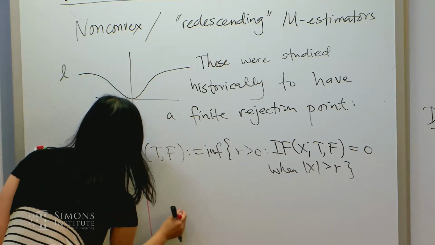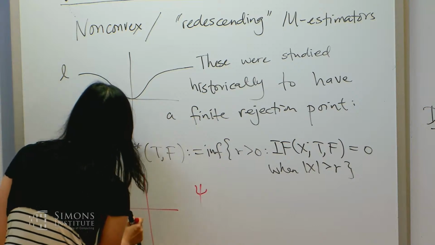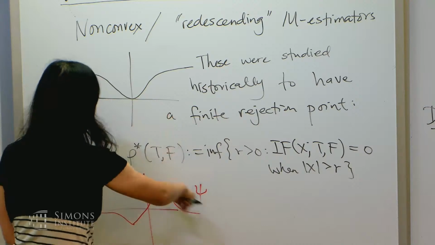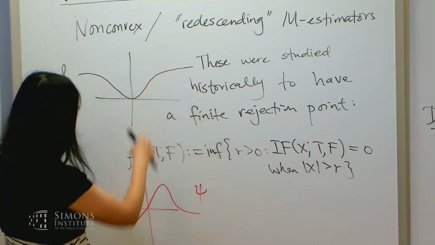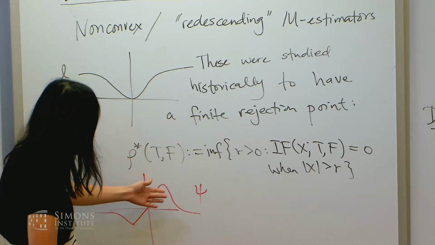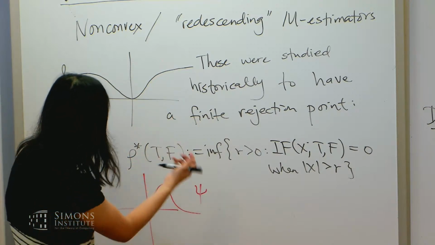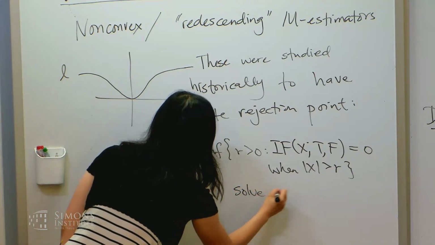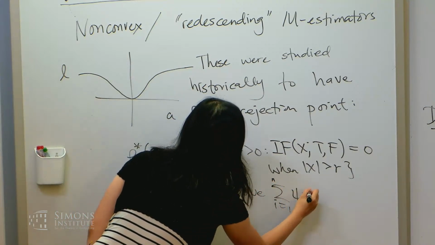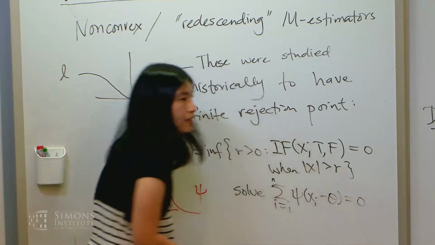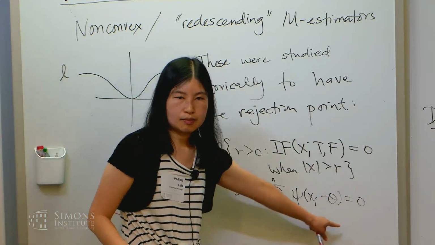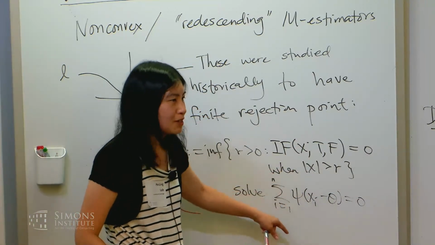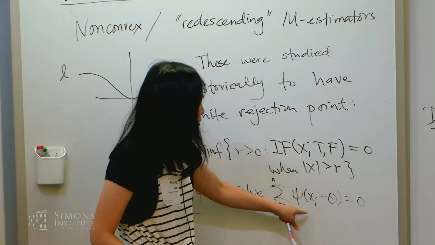Equivalently, what does the psi look like? Well, psi is going to be something that maybe looks kind of like this. At some point, it goes down to 0. It's a nice odd function because this one is symmetric. And so if you're trying to solve the M-estimator, then equivalently you could say that you're trying to solve the sum from i equals 1 to n of psi of xi minus theta equals 0, right? You're trying to minimize the empirical loss, so loss applied to xi minus theta, and equivalently you can take the derivative and set the so-called estimating equation, the sum of the psi, equal to 0.